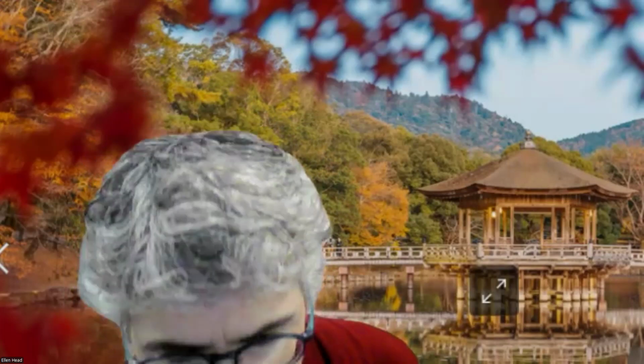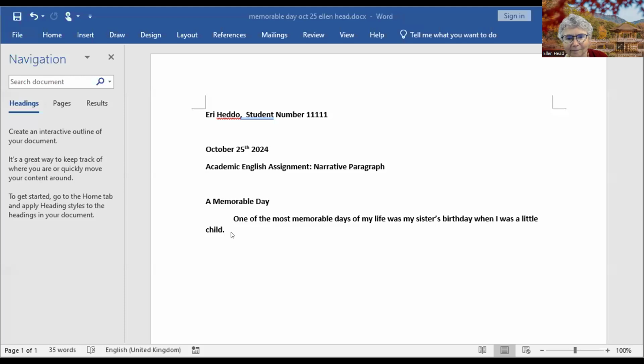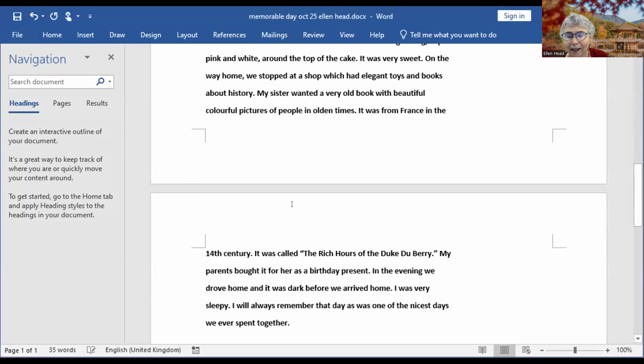So my paragraph was rather long, I don't know if I can copy it nicely. See what happens. Zoom. Share the screen. Yes, it copied well. So I'm copying it from PowerPoint. You don't have to put it in PowerPoint